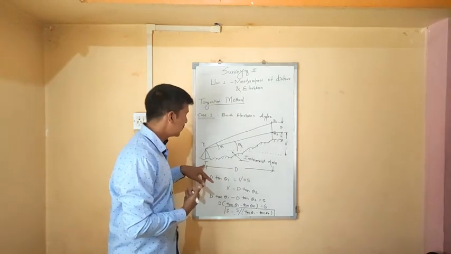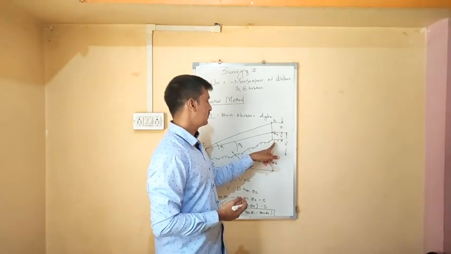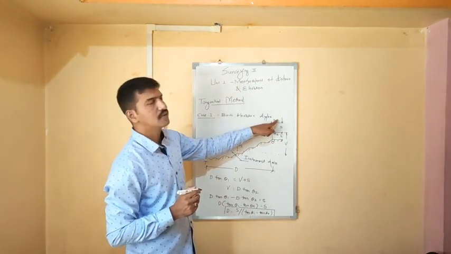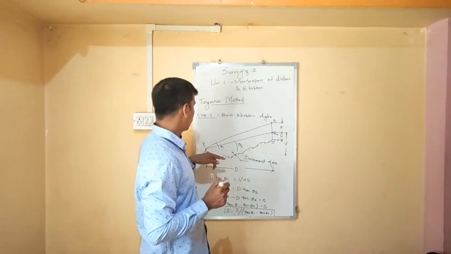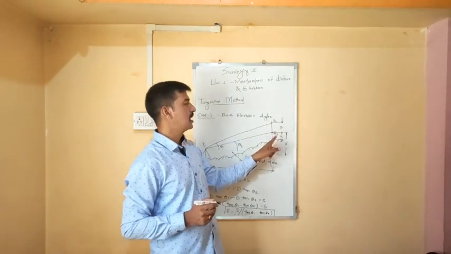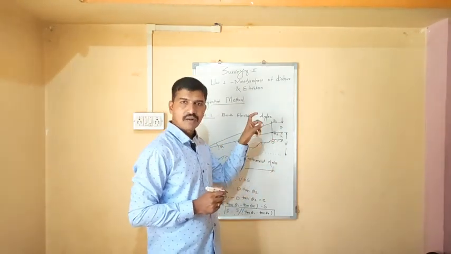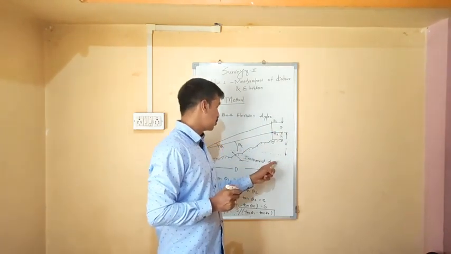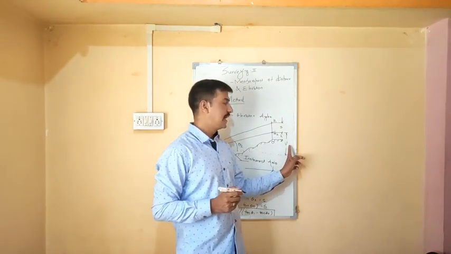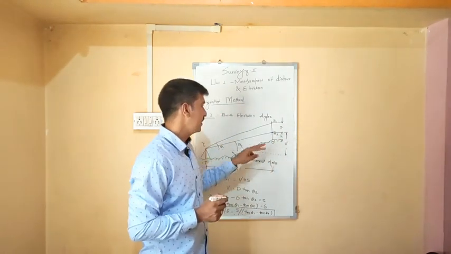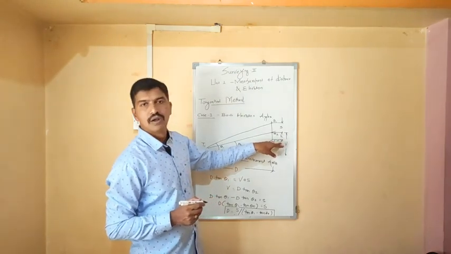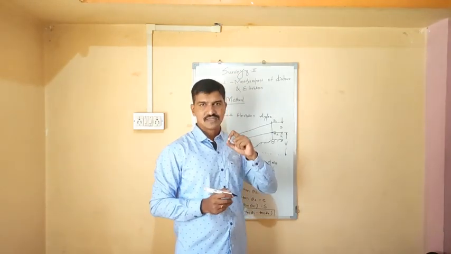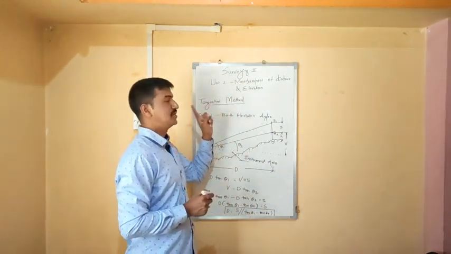Instrument is kept on station T and the staff is kept at say station O. Now I have selected 2 targets B1 and B2. From T1 I have bisected B1 and B2. B1 and B2, this difference is nothing but S. From B2 to the instrument axis, that vertical distance is V, and from B2 to the ground, that vertical distance is H. Please remember S, H and V for the tangential hair method.